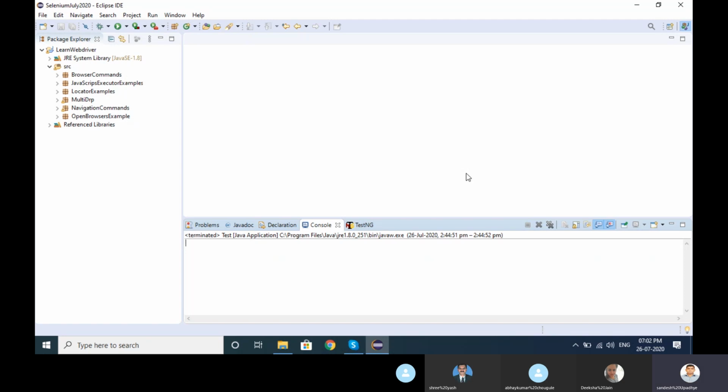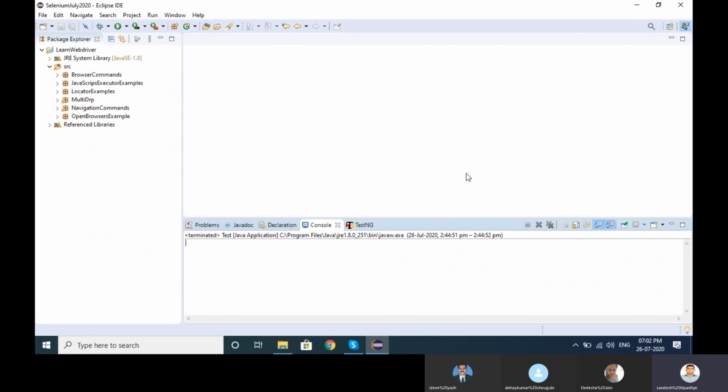So yesterday we covered how to work with drop down. If we have multiple selectors in a drop down, how we can tackle that multi drop down. Then we learned some JavaScript executor.